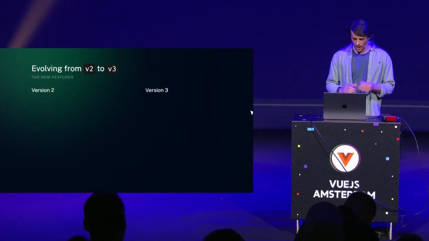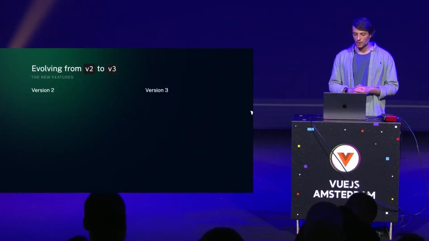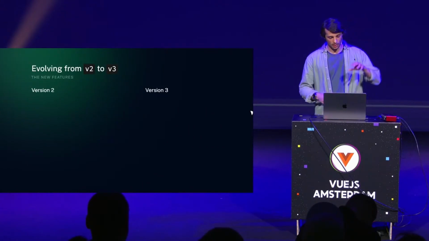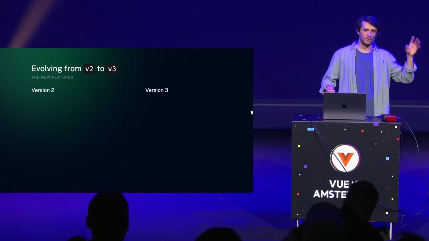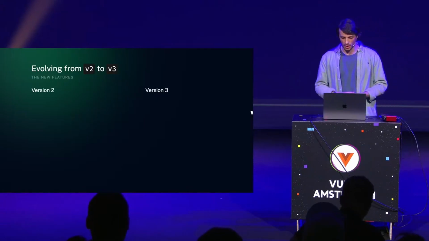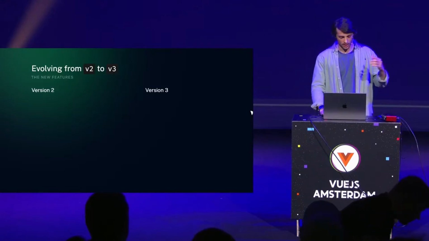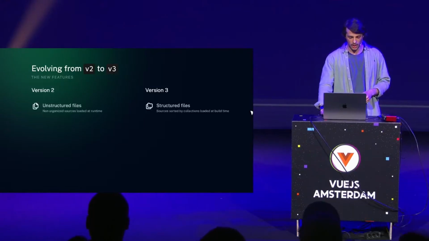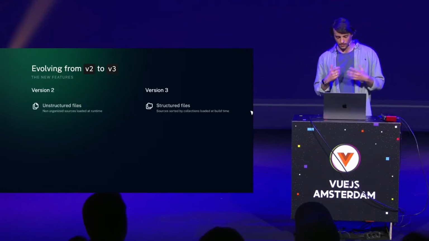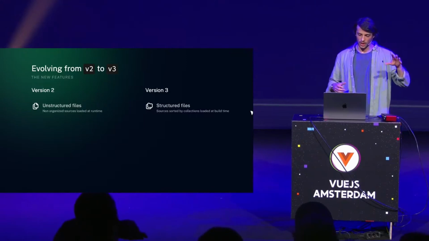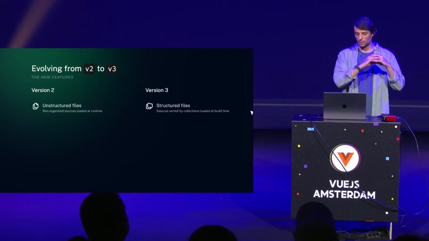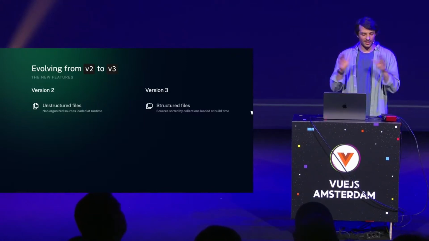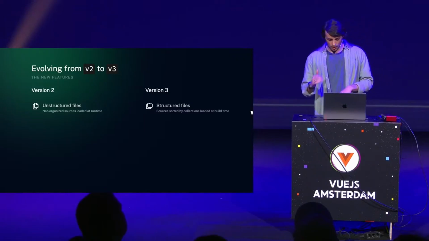Okay, now let's dive into the new features of Nuxt Content. The MDC syntax was already there in V2, but there are lots of improvements with V3, and I will enumerate and explain them. The first one: previously Nuxt Content was loading all the files located in this content folder at runtime without any difference between them. Today, in version 3,